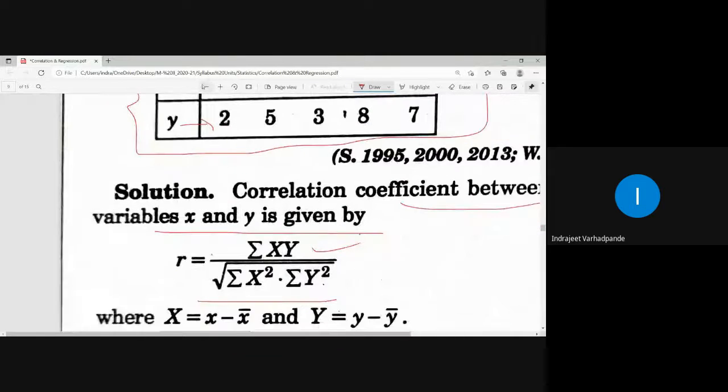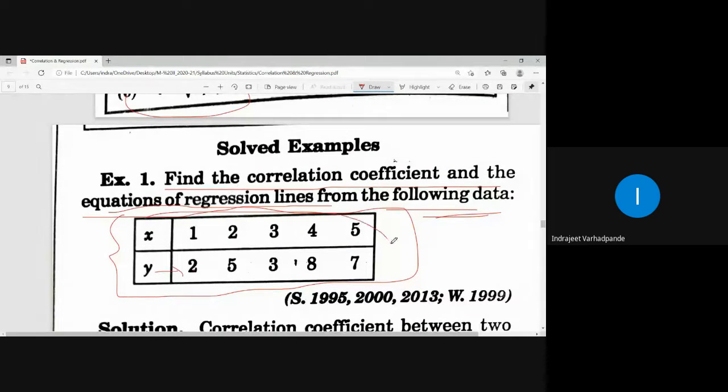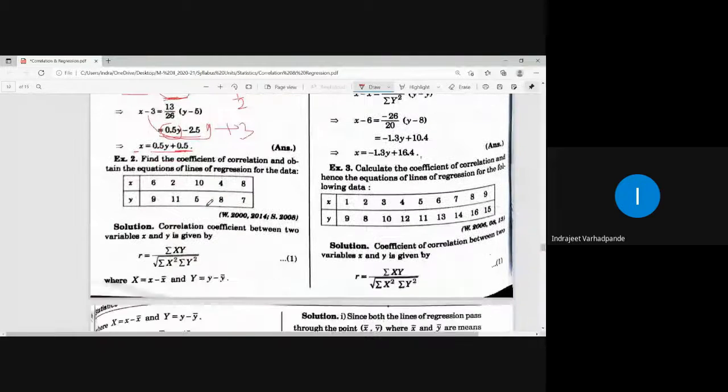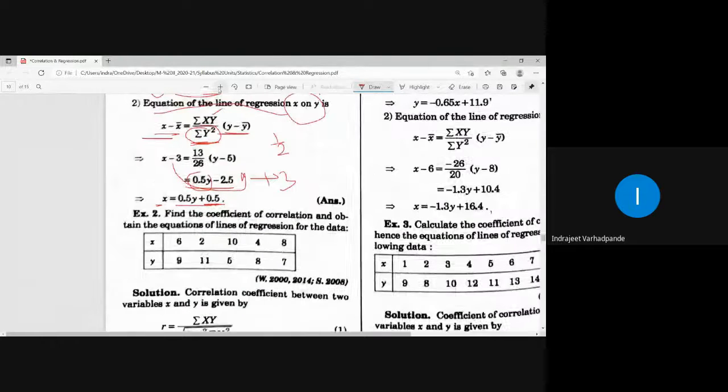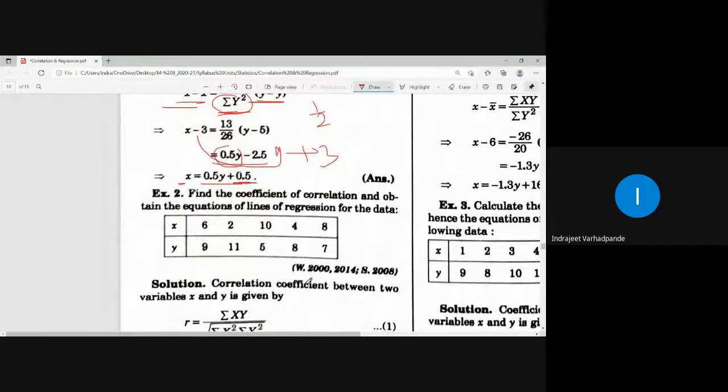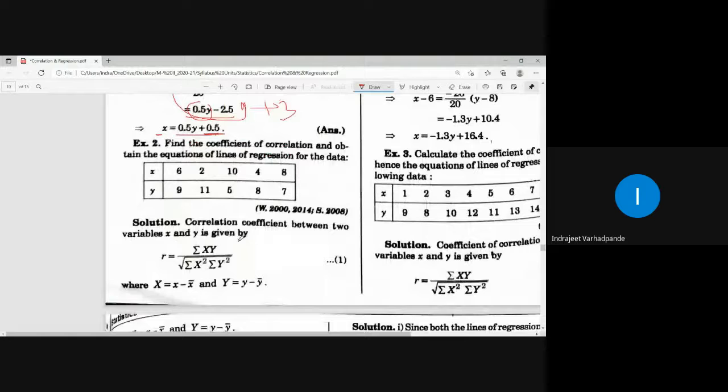What is the given table? The given table is these particular values of x and y. The number of observations in this case was n, and appropriately we find the value. So this is the very first example related to the regression coefficient, lines of regression as well as finding the correlation coefficient. Now the second example: find the coefficient of correlation and obtain the equations of lines of regression for